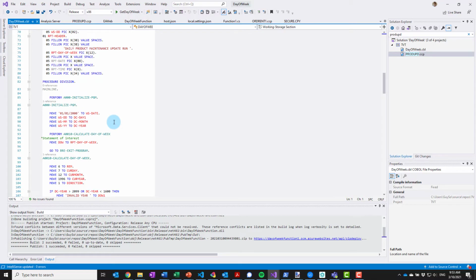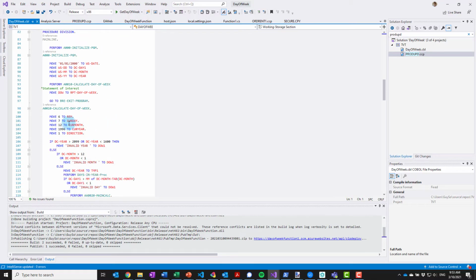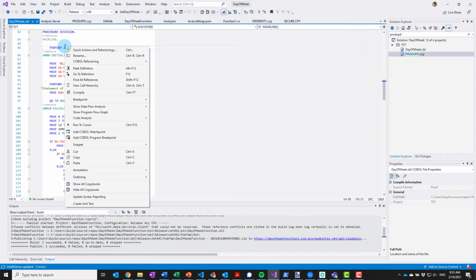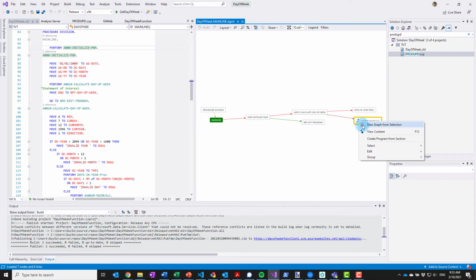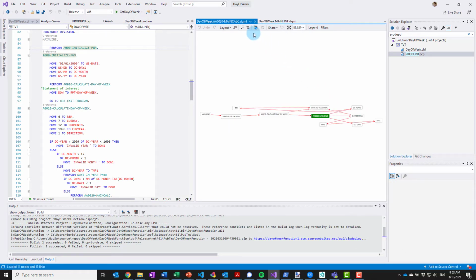containing all the information, all the data items, and all the code that is used for calculating the day of the week. So imagine that in your application, this would be some calculations of loans or policies or anything else that is pure COBOL code.